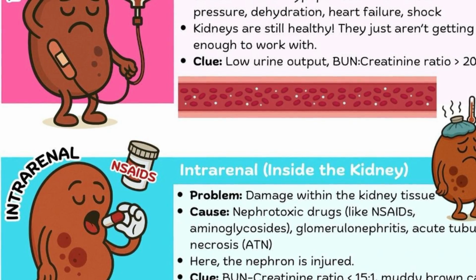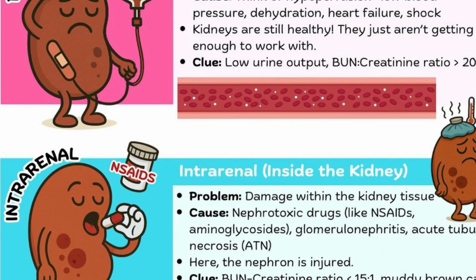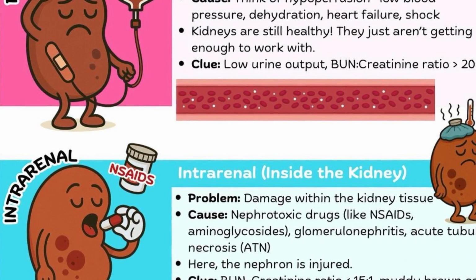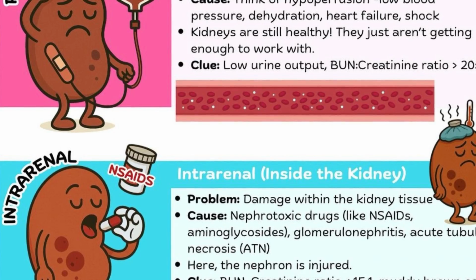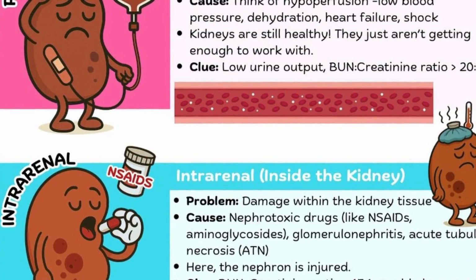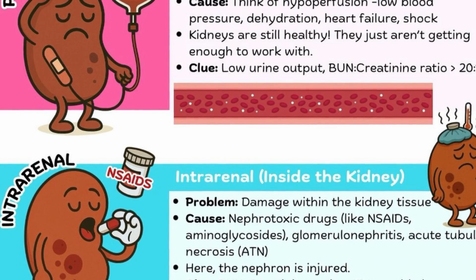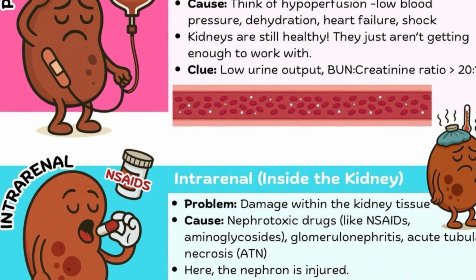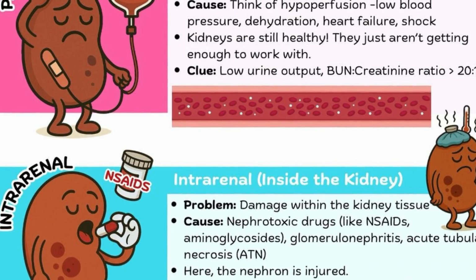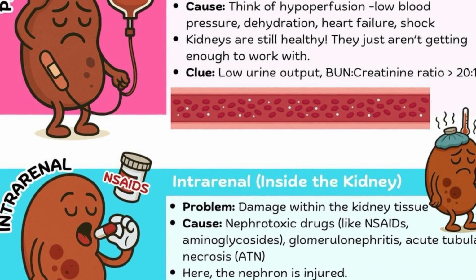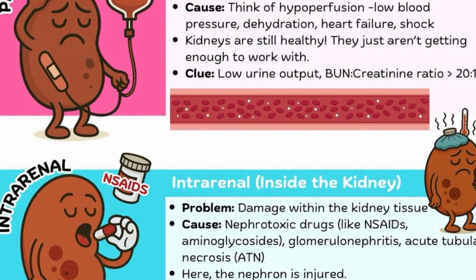When you're at the top of this hill, you're in phase 2, the oliguric phase. Your kidneys have a decision to make. And I say your kidneys have a decision to make because nothing you can do is going to help those kidneys make the decision. Nothing the patient can do is going to help these kidneys make the decision. They've got to decide: do I want to stay here or do I want to get better? So let's say they get better. They're going to start coming down and they're going to go into